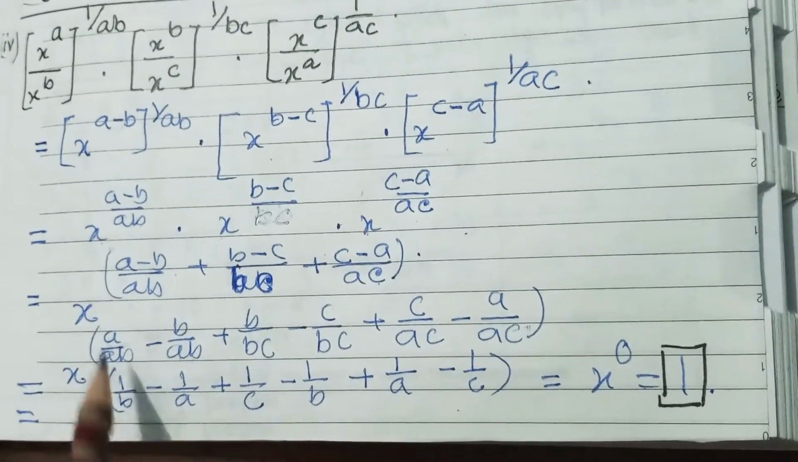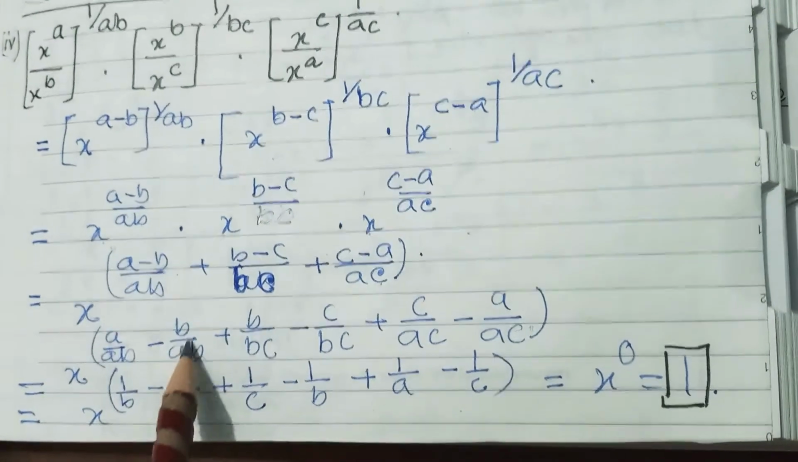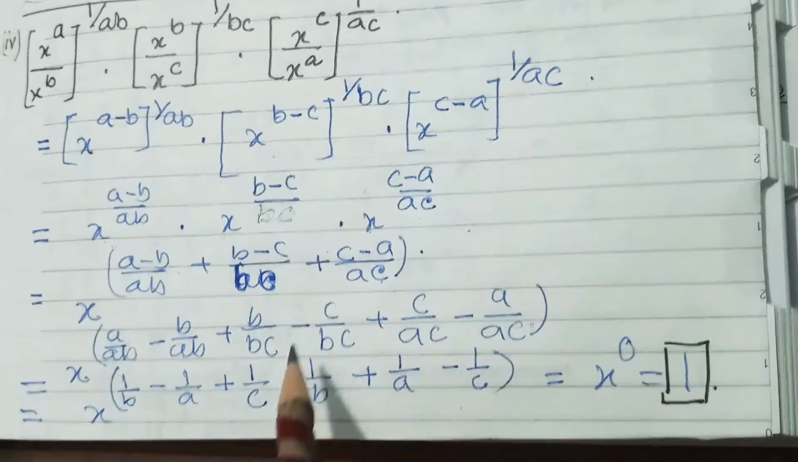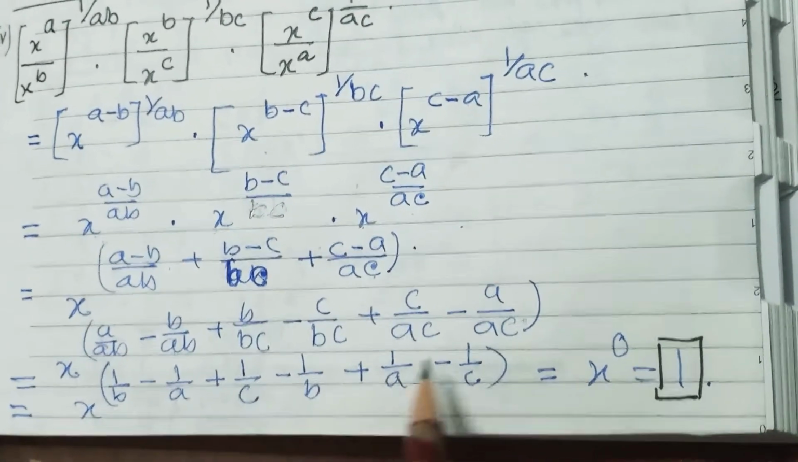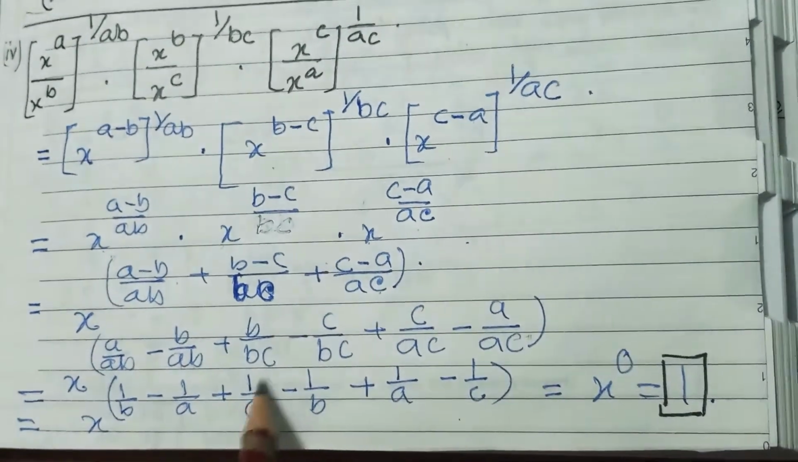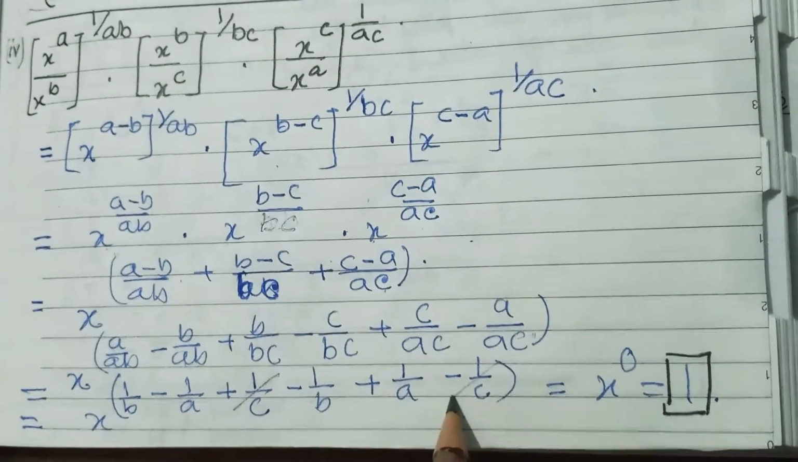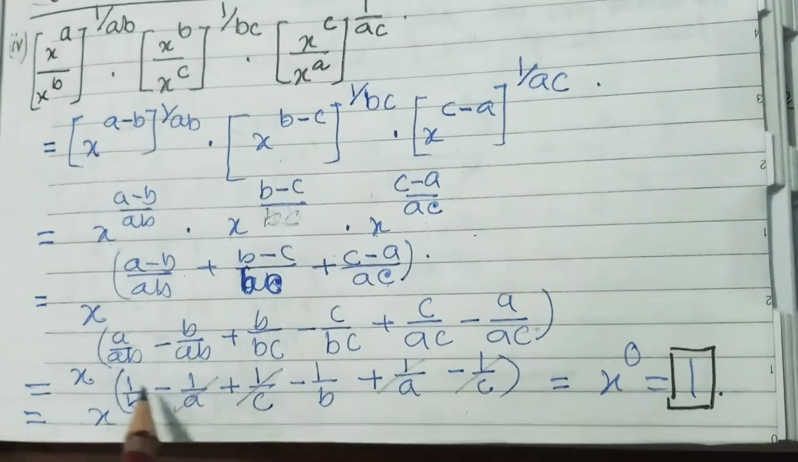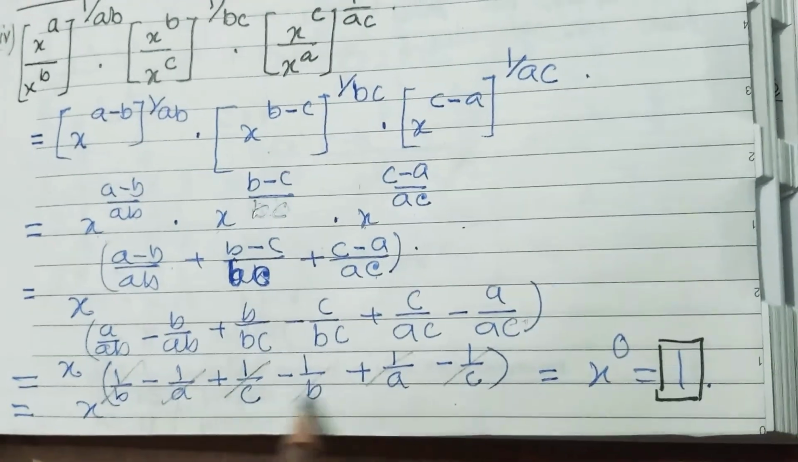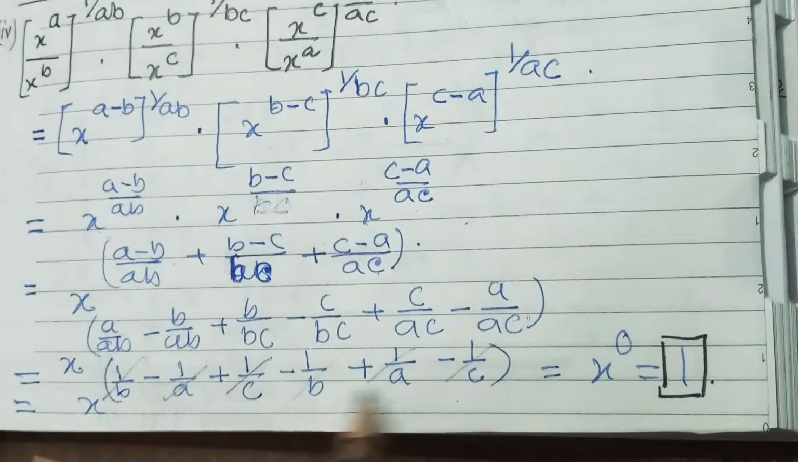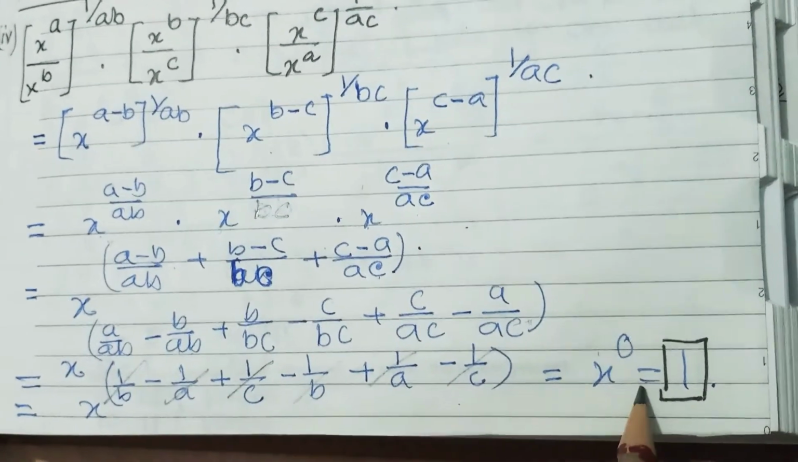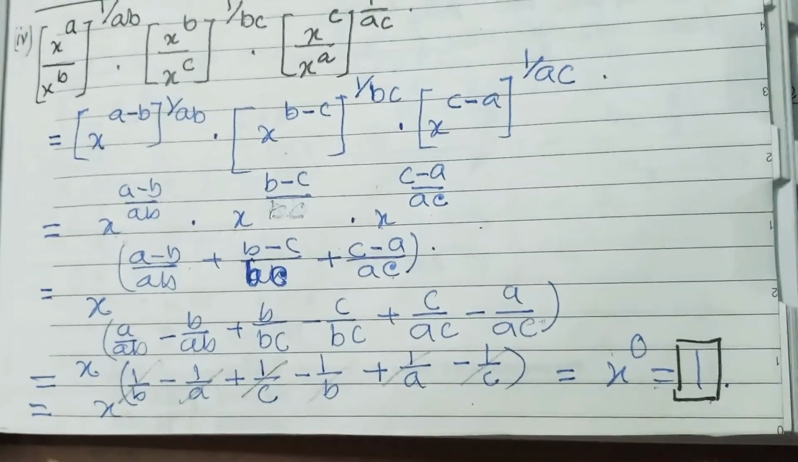Okay. Now a cancel, 1 upon b, 1 upon a, 1 upon c, 1 upon minus 1 upon b plus 1 upon a minus 1 upon c. Now plus minus plus minus plus minus, this number can cancel. Now all are cancelled, so x to the power 0 is equal to 1. Now next question is,